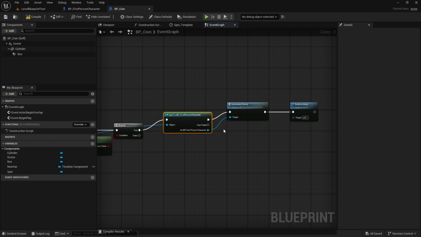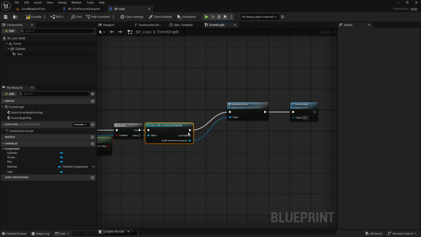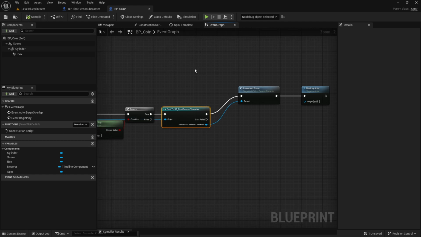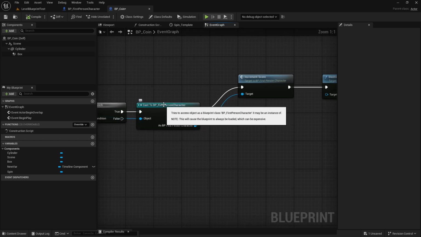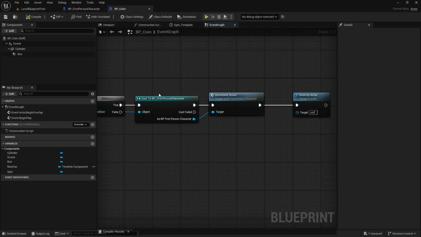The other reason is that casting can fail, and if it does fail, we need to do something about it. Casting technically fails gracefully, which means nothing happens. But just knowing that casting can fail means that it should give us an error. Not the best idea. And finally, the main reason we don't want to cast is that casting has something called